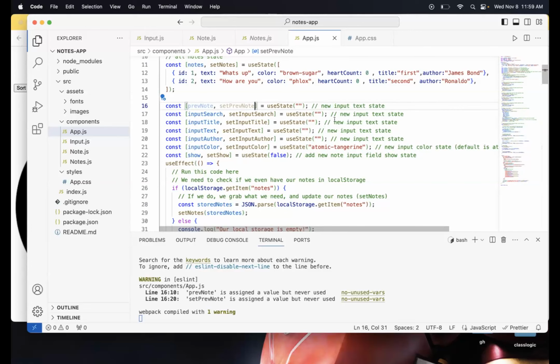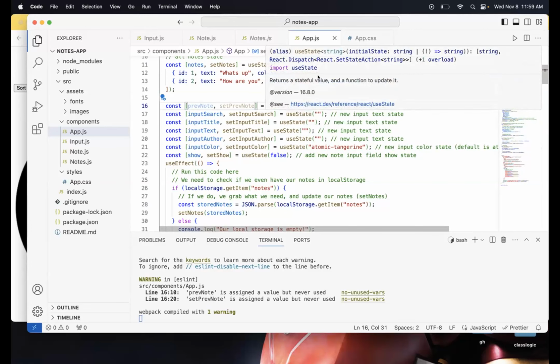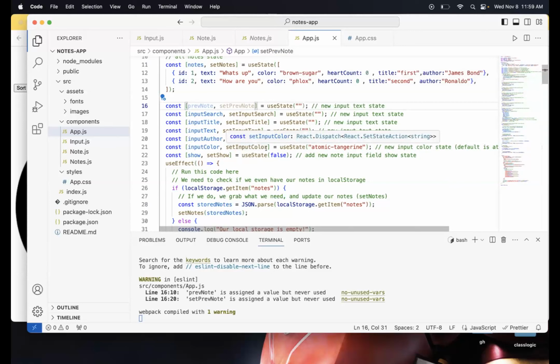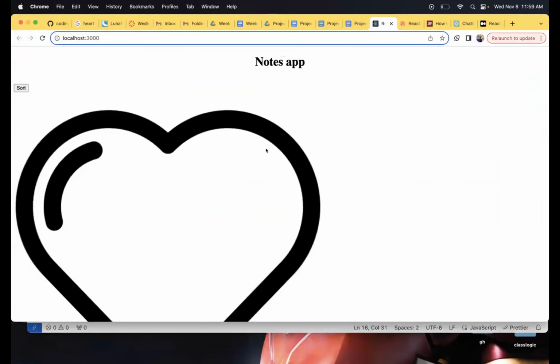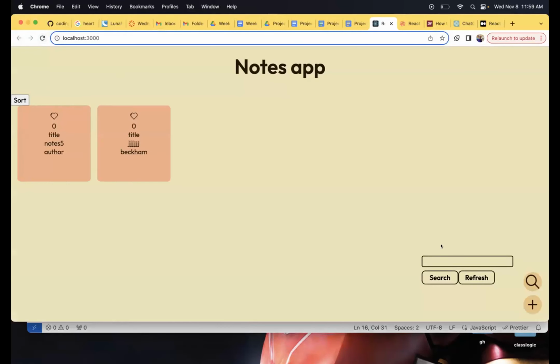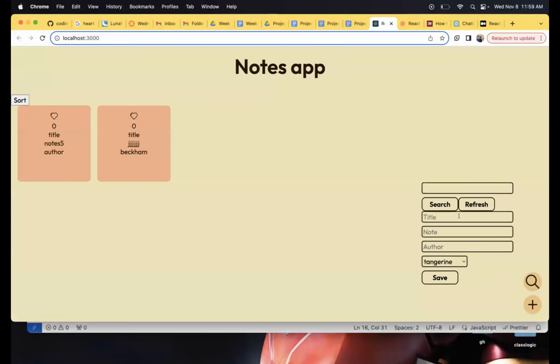But let me do a short recap on what I did, okay? The first thing that I did is I added the title and author name over here so that I can use it for maybe search purposes or use that to make our note a little more detailed.